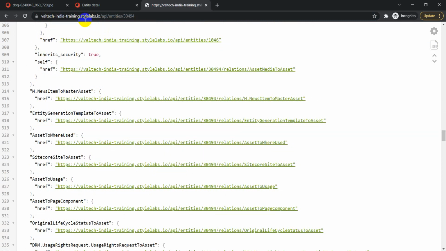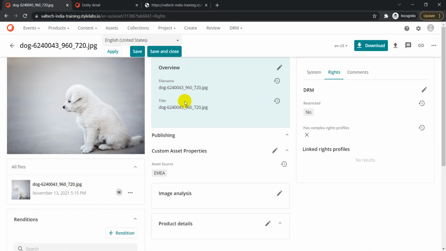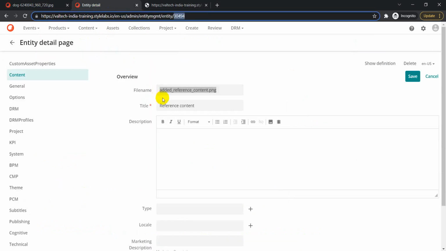So these are the three different views that we have. One is your editor view, which is more user friendly, but if you have some validation rules, they will get executed here. This is a raw view or administrator view, where you're going to see everything irrespective of any validation rule which you have set in your system.